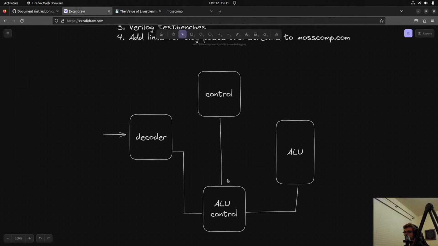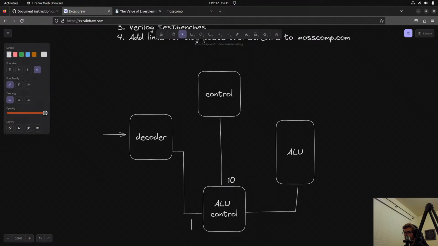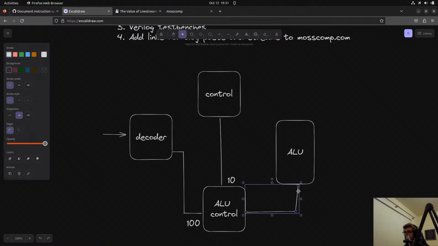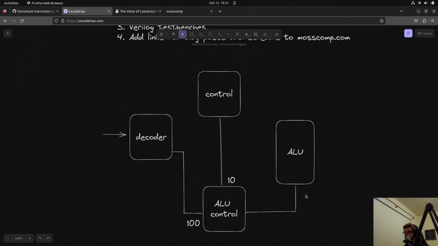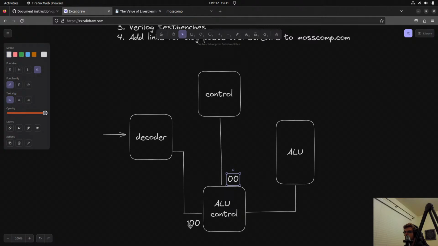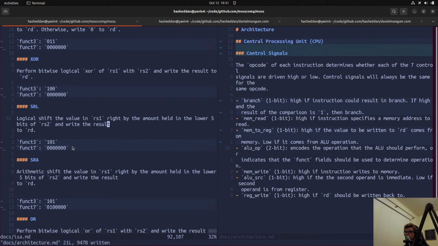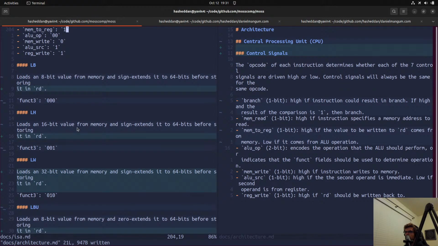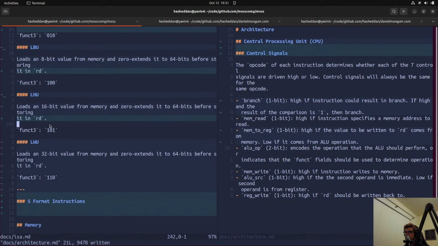If this is 1, 0, and let's say funct3 was like 1, 0, 0, then we're saying use this to tell the ALU what to do. And if this was like 0, 0, for example, we might just say, oh, we need to add. In the case of this, we do have a funct3 on all of these, but